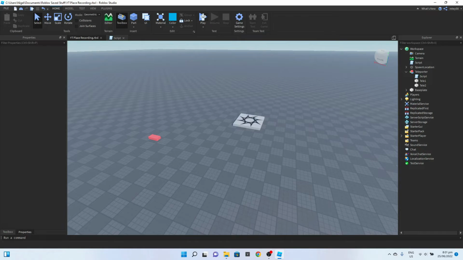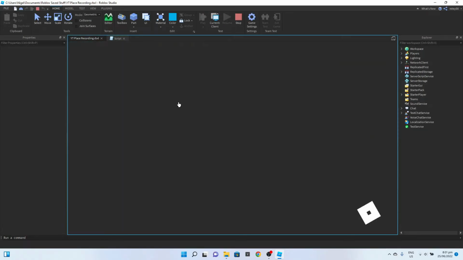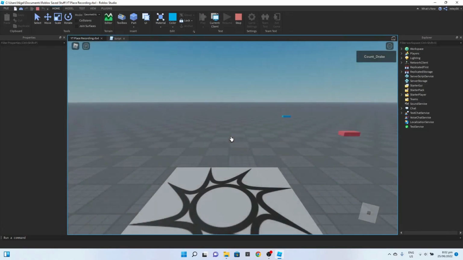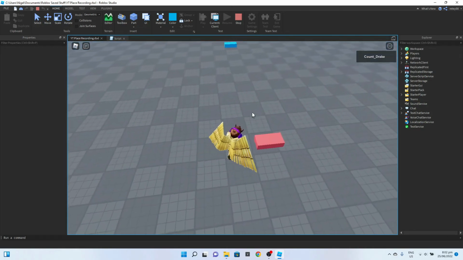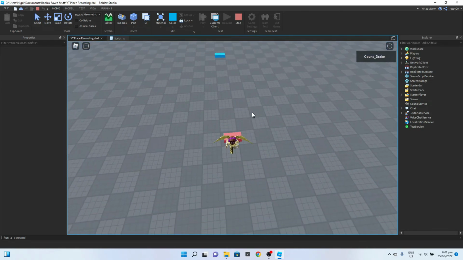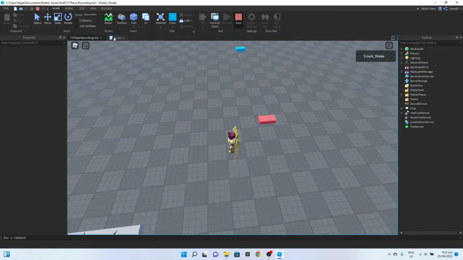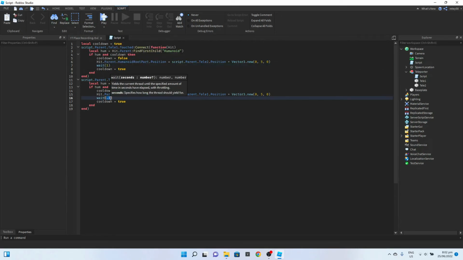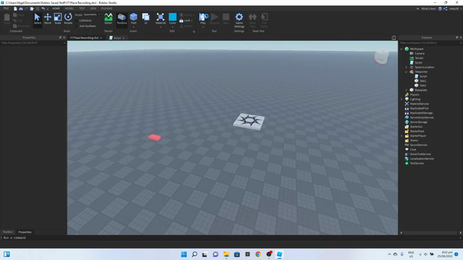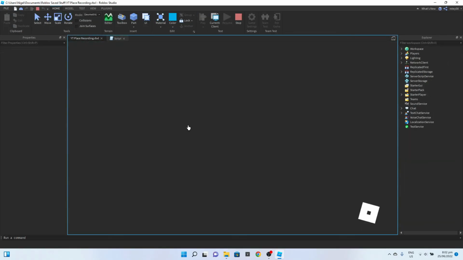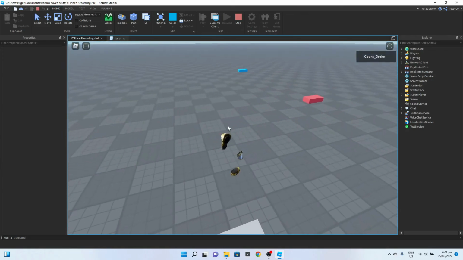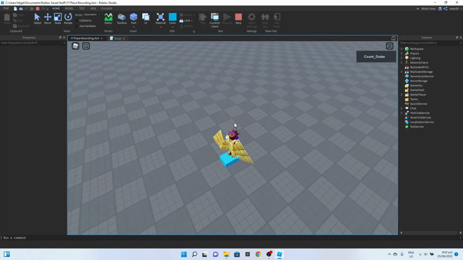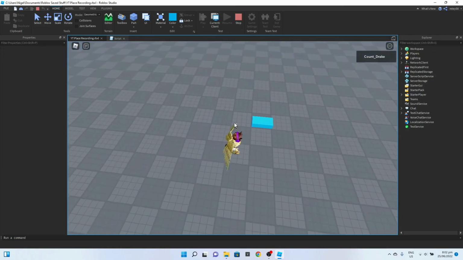So, now if you click play, you'll be able to teleport between the two parts. I guess we should change that cooldown up to 1. Otherwise it's a bit hard for the player to get off it in time. There we go,